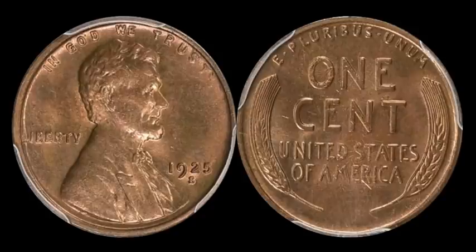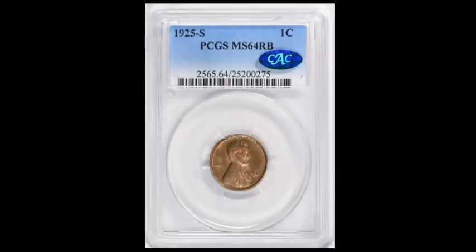Now, this coin right here doesn't have some crazy low mintage or anything like that. However, it was produced during a time where quality control was non-existent. So a lot of these coins exited the mint and they looked horrible. This preceded that Great Depression time where a lot of people did spend their coins. Not many mid-state examples survived during that time. So these had a very low survival rate. Now, the grade that we're going to be targeting for a 25S is going to be the Mid-State 64 Red